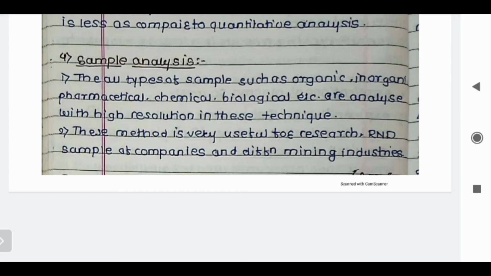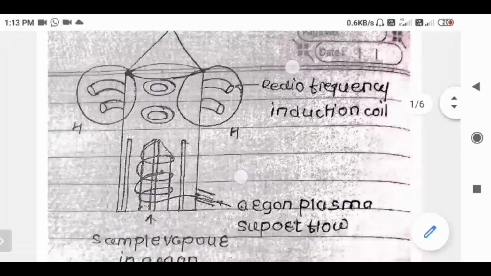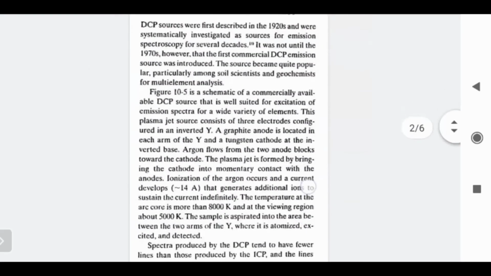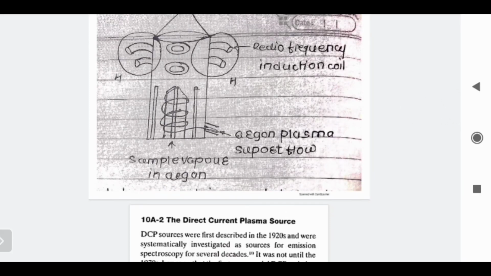In this we need to have a detailed discussion of our two sources. One is the inductively coupled plasma source, and the second one is the direct current plasma source. Here we have seen the construction as well as the working of the two sources.